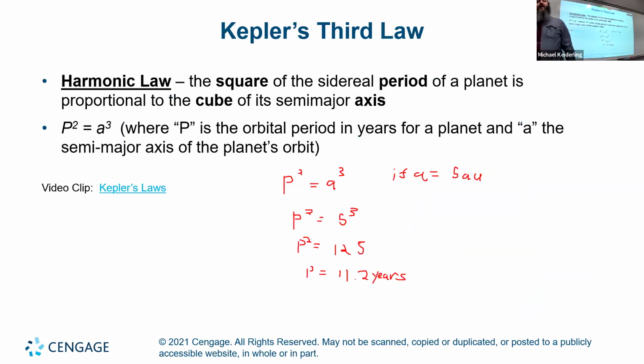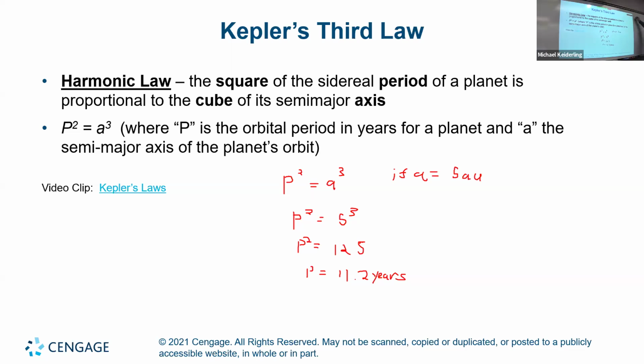Now, Kepler's third law is the way you can work out the relative time it takes for different planets to orbit. Kepler's first law and second law are talking about the orbit of one planet. Kepler's third law compares the orbits of various planets. It's called the harmonic law. Kepler's third law says